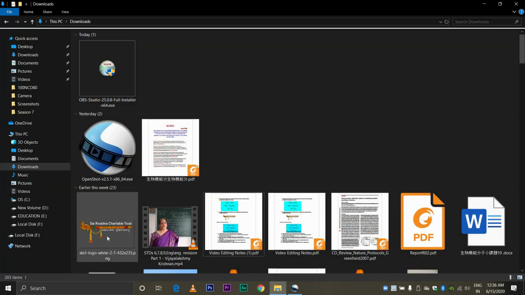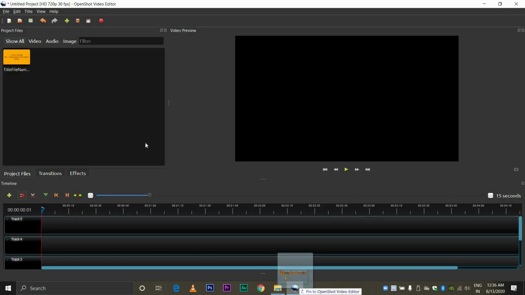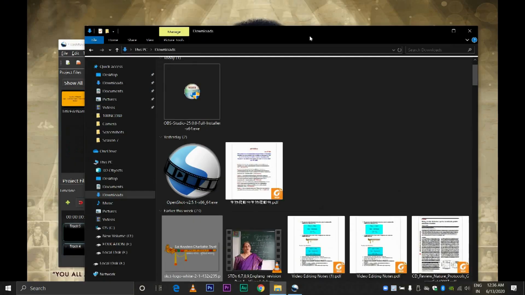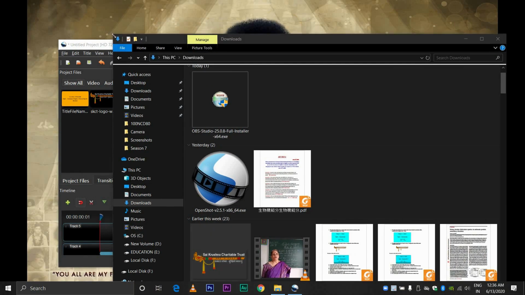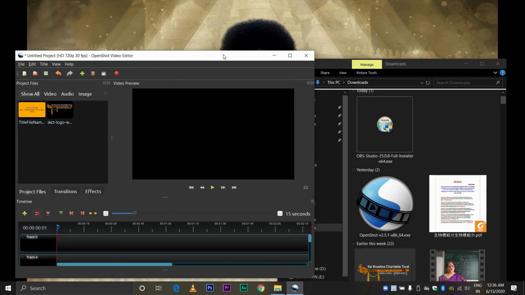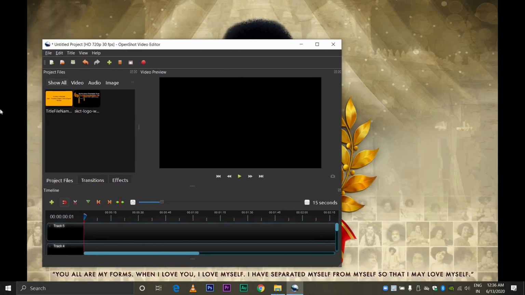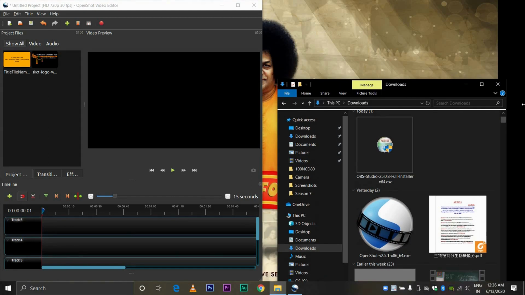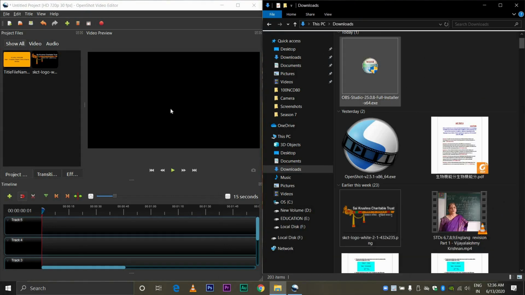Now we also know that we need the logo, so I'll just drag the logo and get it here and just drop it. If you want, you can minimize the screen and then add the other things, like minimize that screen and also minimize this screen. People using Windows 10 can just take this screen and hit it on one end, take the other screen and hit it on the other end, so they just share equal parts on the screen.